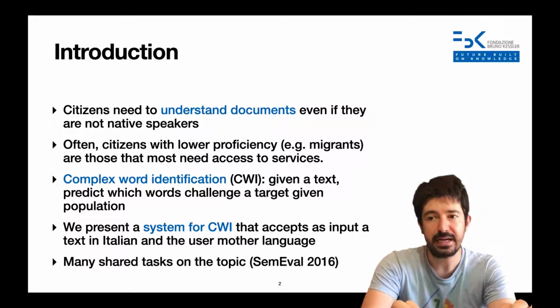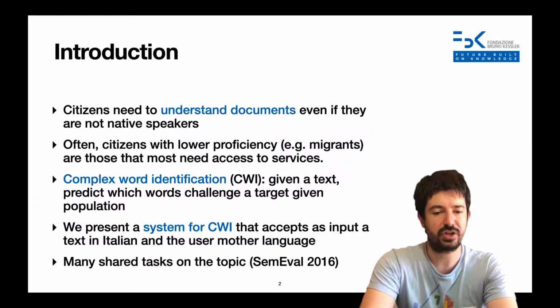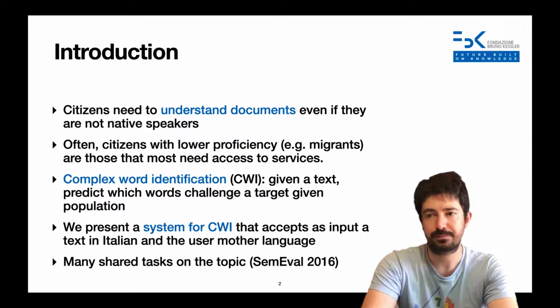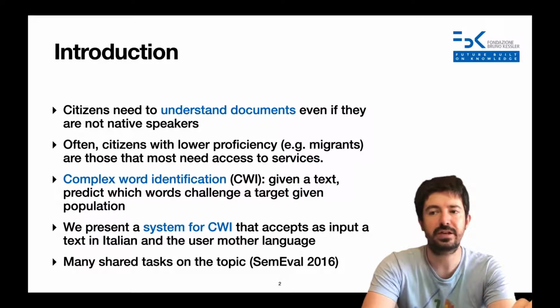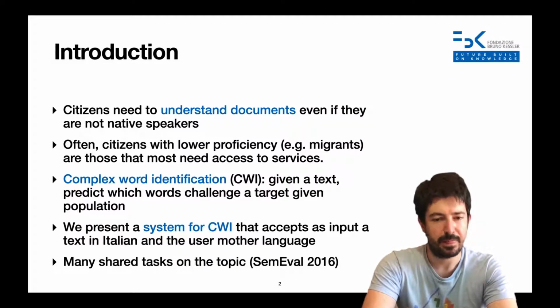We focus on the task of complex word identification, that is, given a text, predict which words challenge a given target population. Therefore, to let people have a better experience in interacting with the public administrations, one way is to build systems that amend the text which needs to be understood, by editing it or making it clearer. The goal of our work is to develop a system that accepts as input a text in Italian and the